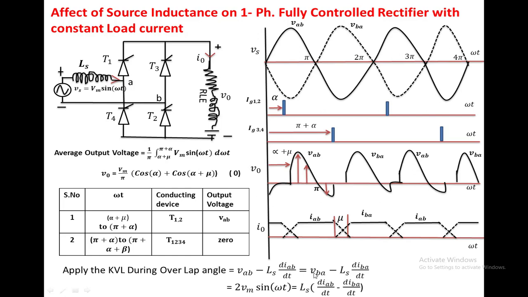Substitute these two values and take one side. Finally you get 2 Vm sin omega t equals Ls into diAB by dt minus diBA by dt. Take this as equation 1. We know that during the overlap angle, IAB plus IBA equals I naught. Take the differentiation on both sides. I naught is nothing but a constant load current,